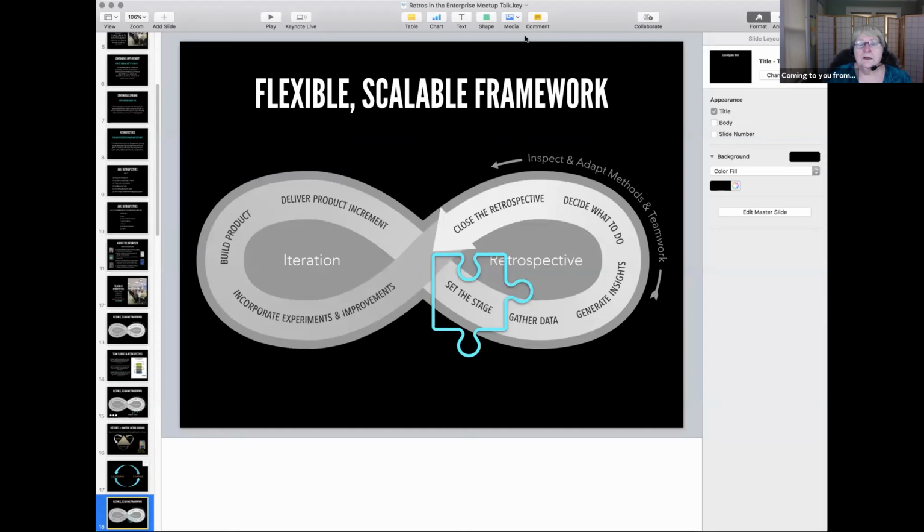So I'm going to stop there for a moment. Let's take a minute and talk about just that part. What is a retrospective? Why do you want to do it? How do you begin to think about moving groups through it, and what has your experience been with enterprises needing to do that work?